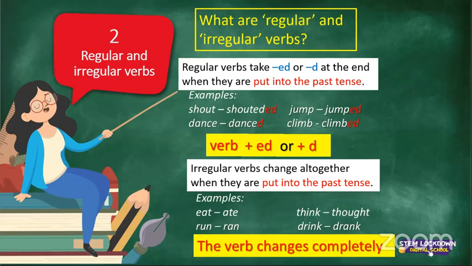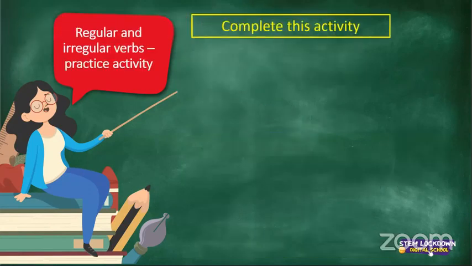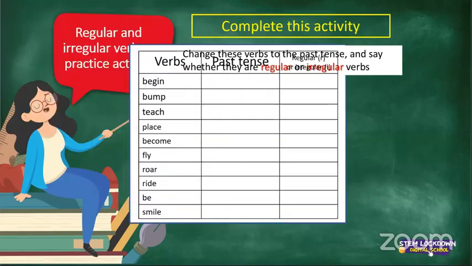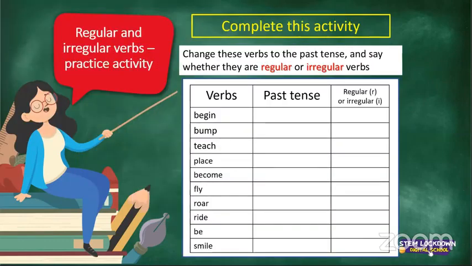So let's test you. Complete this activity. It's going to be worth 20 marks. Write down the past tense of each verb and say whether it's regular or irregular. Right. What are these? What's this? What are the